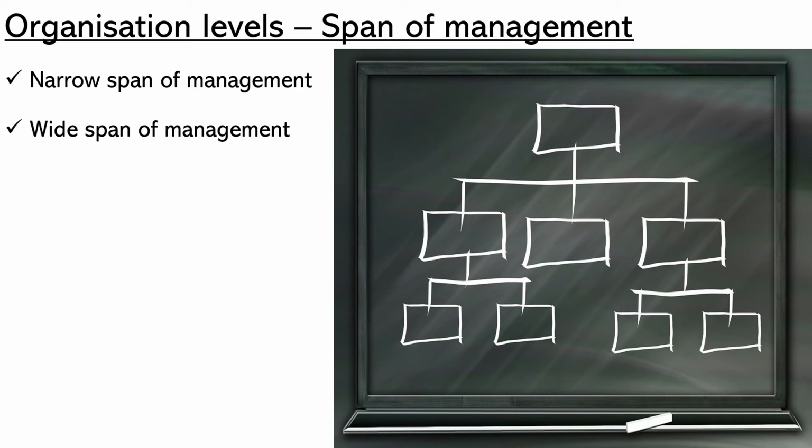Now, here it simply means the reverse. Okay, a supervisor can handle more subordinates. So, it will be a wide structure. Okay, wide span of management. Now, here what will happen is that the supervisor has to delegate the work. In this kind of organization structure, they have to distribute their load to the subordinates.